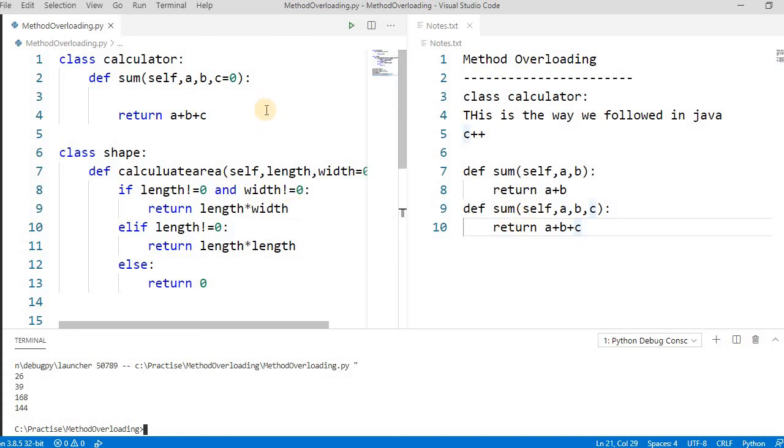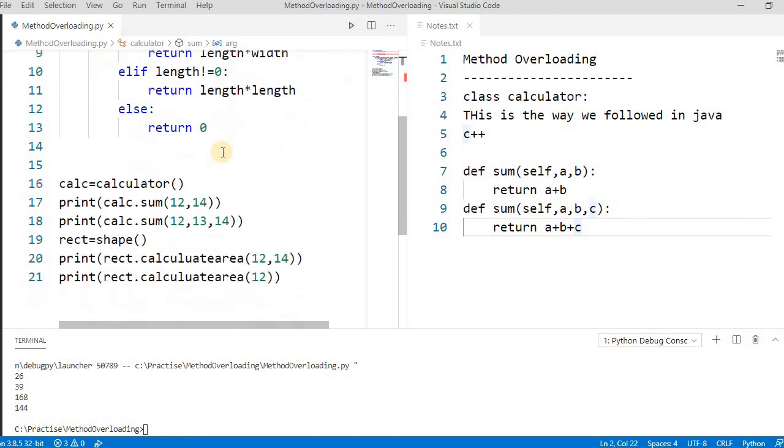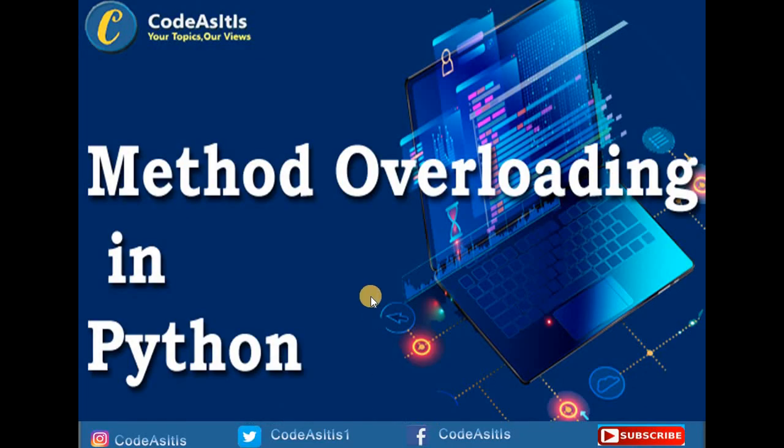Overloading is a way to implement polymorphism, meaning one name with different behavior, such as sum adding two numbers or three numbers. If we pass arguments, then we have n numbers. First we have to check whether the value is a string or an integer, and then based upon that, we perform the actions. That is possible here. This is a small demo about method overloading in Python.